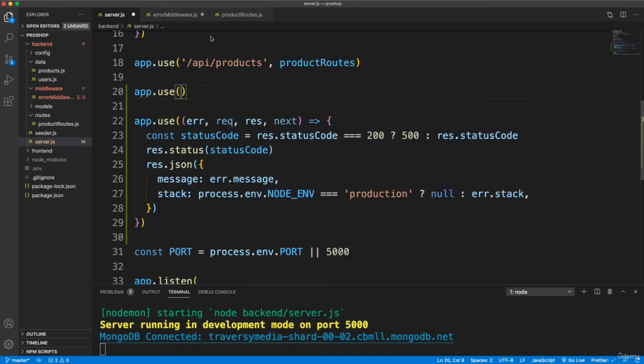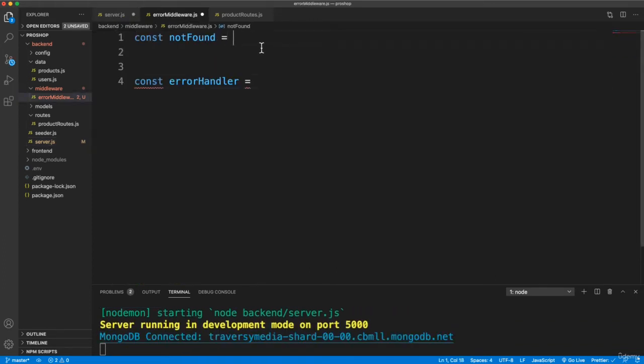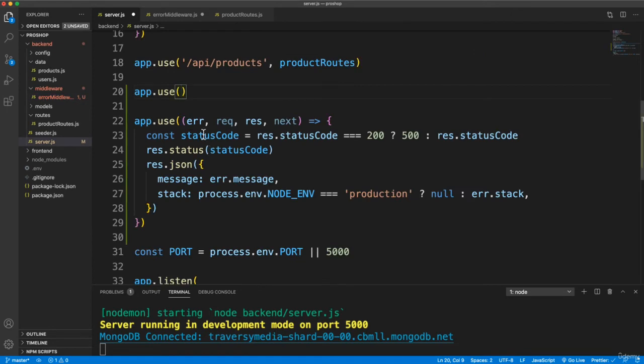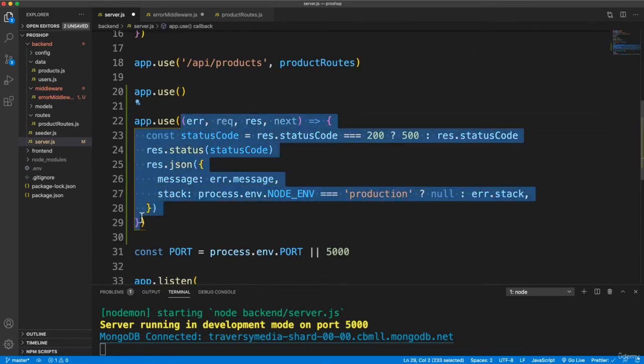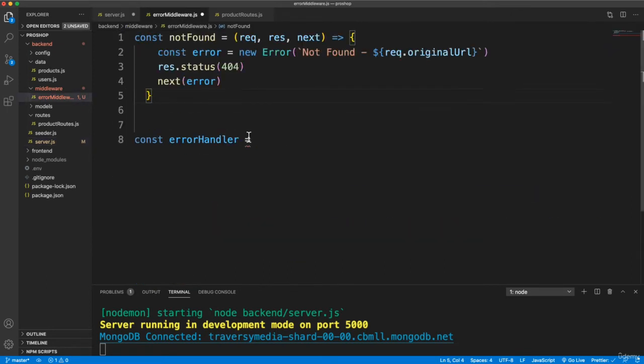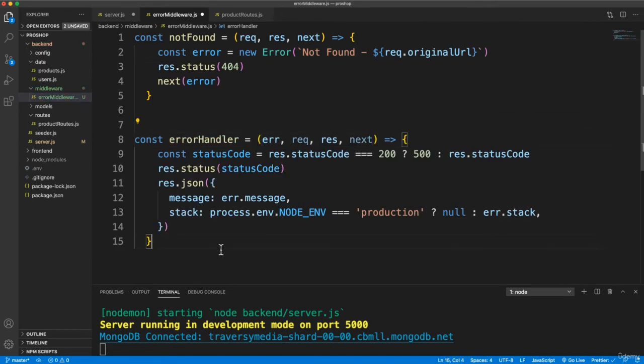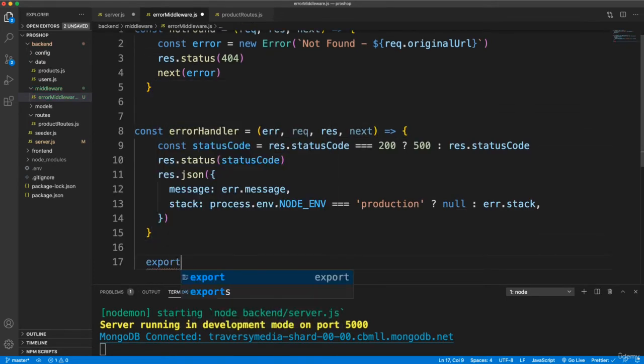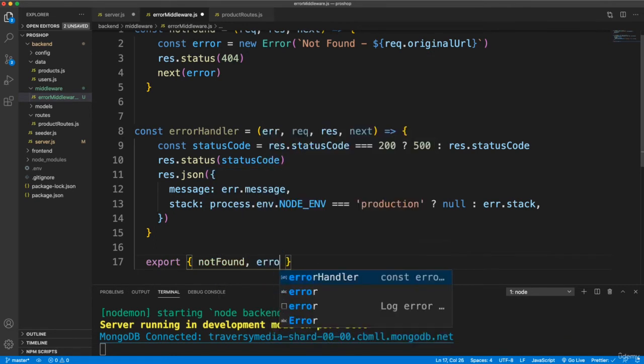We're going to cut that and put that in the notFound, and everything that's in here, we're going to cut that and put that in the errorHandler. And then we just want to export these, so let's say export notFound and errorHandler,